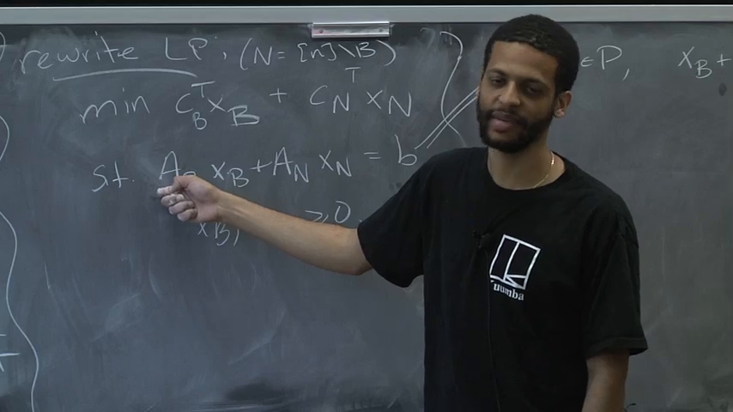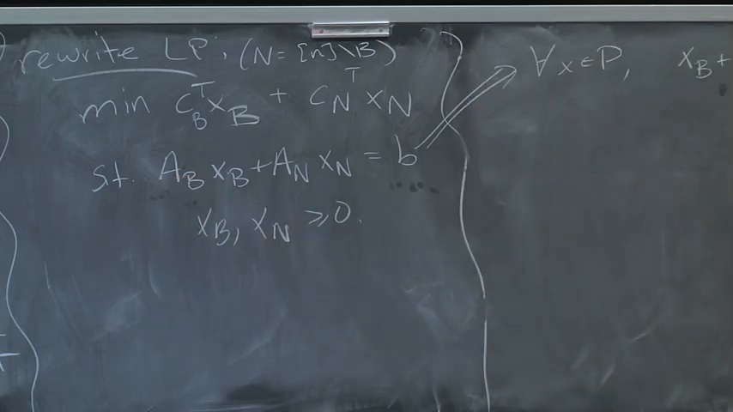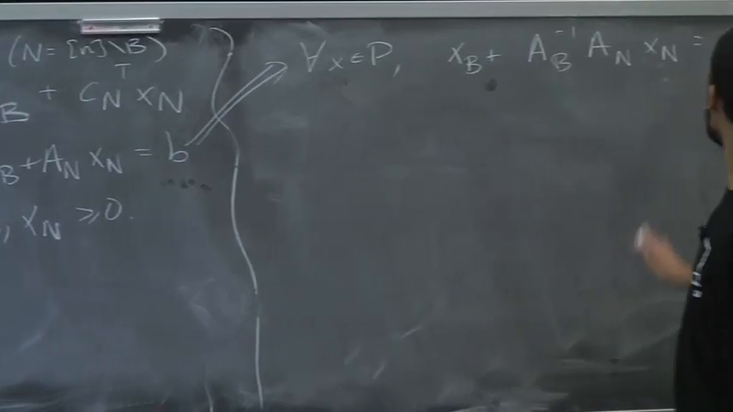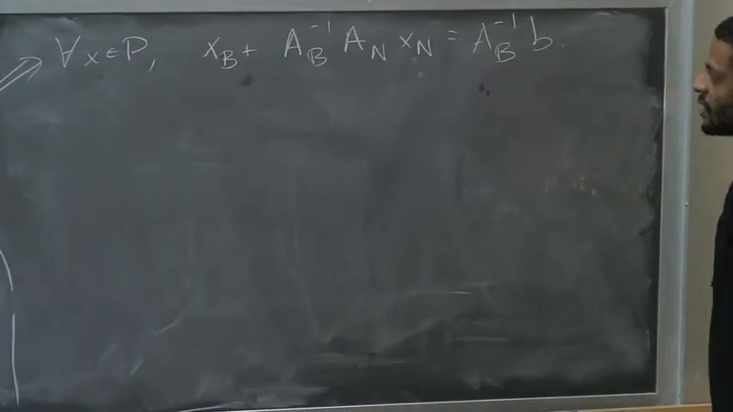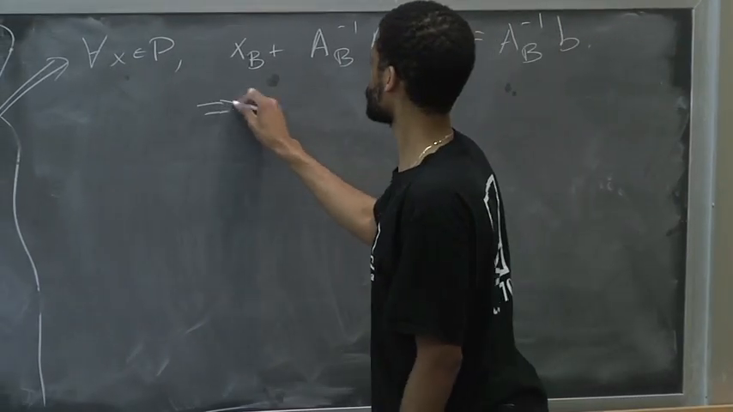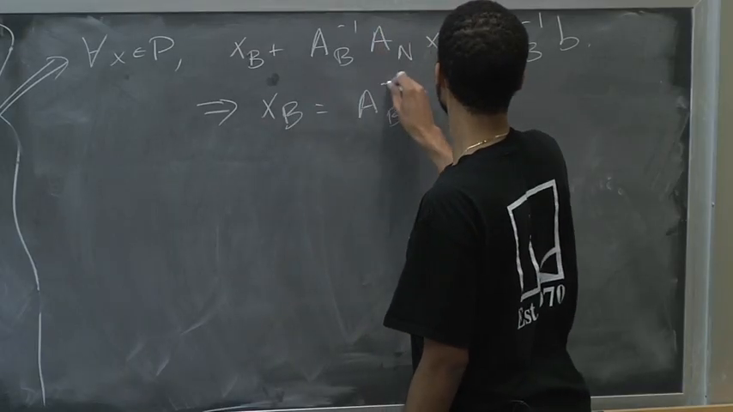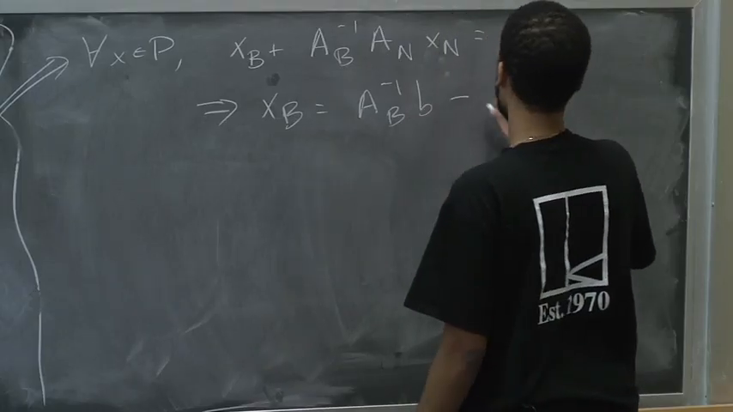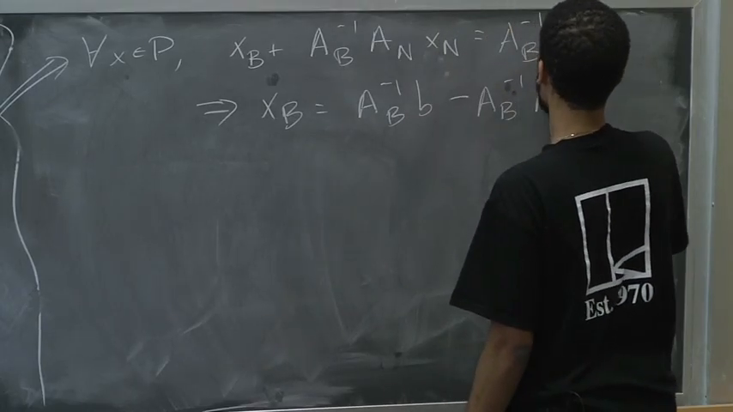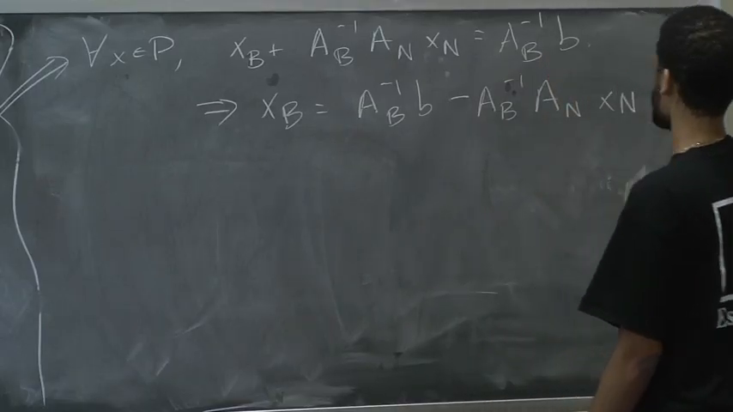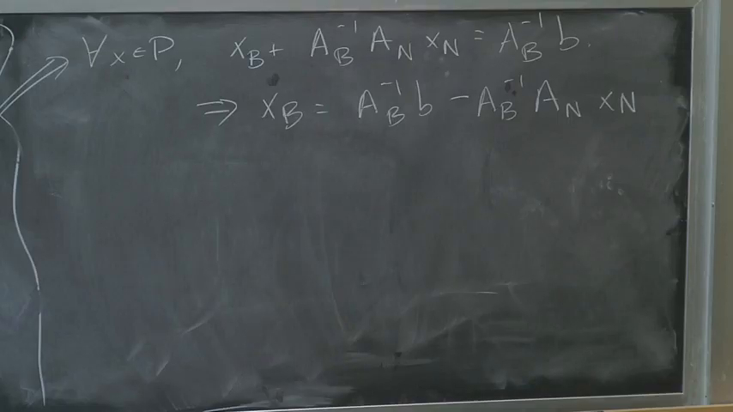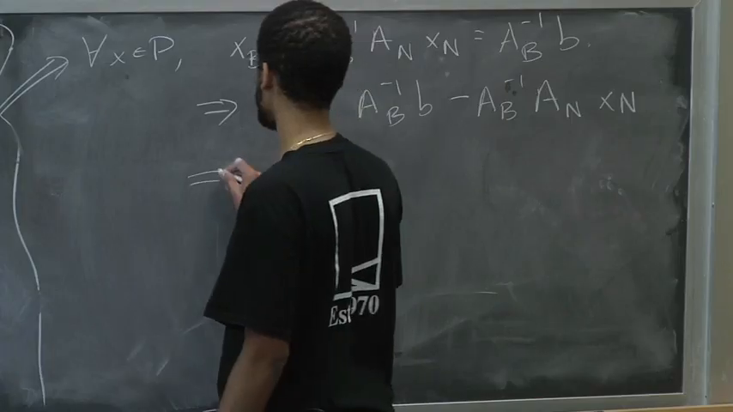AB is a full rank matrix. So I know that for any x in the polytope, I can write that this holds. So in particular, xB is equal to AB inverse b minus AB inverse AN xN for any x in P, which implies, for example, that